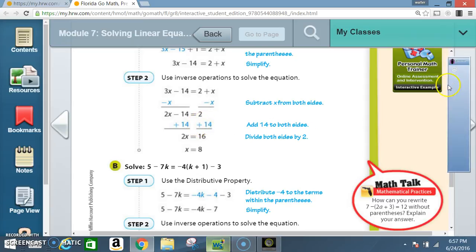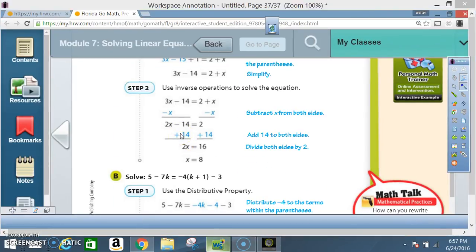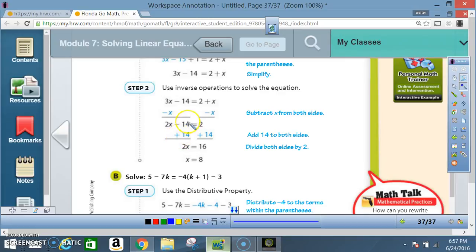Once again, what happens? When I add a negative 14 and a positive 14, that goes to 0, so that's gone. I'm left with just 2x, so I bring my 2x down here. On this side, I got 2 plus 14. What's 2 plus 14? That's 16. So now I'm down to a one-step equation, 2 times x. Now what's the opposite or the inverse of multiplication? It's going to be division, so I must divide